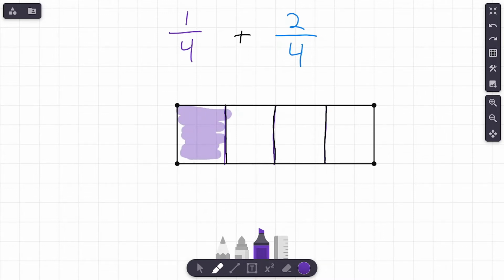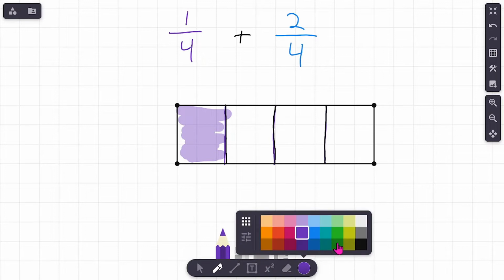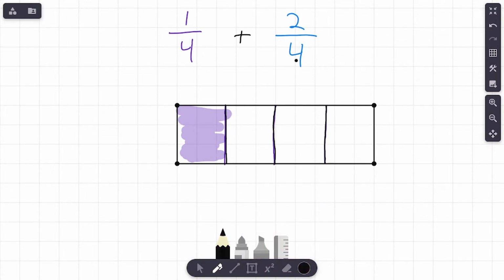All right, so there is 1/4. Now I want you to take our other fraction, 2/4, and let's show that on this fraction model. Here's the part where it may be a little bit different. What is the operation in this problem? That's an addition sign. So what you're going to do is add